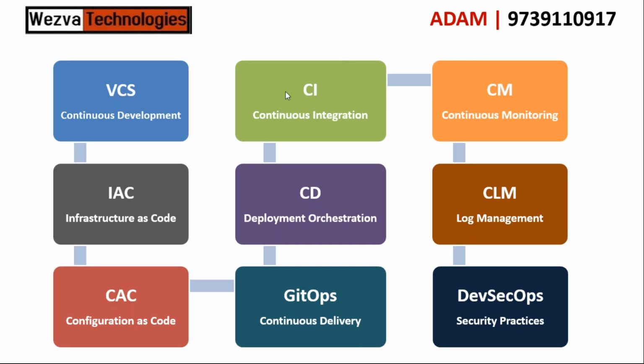So this is a series of steps, or generally what we call a pipeline, in which you take the code from a version control system, you go through a series of steps wherein you convert that code into a deployable artifact. Okay, when I say a deployable artifact, when the code is written in something like Java, you're going to take that, convert it into a jar or a war, and not just that, you are also going to make sure that you have completely gone through the quality check of it, which is what we generally call quality gates.